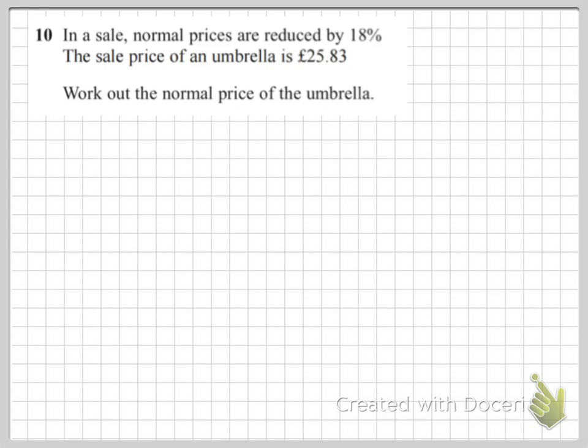Reverse percentages question. The most intuitive way I can think of to do these is to go to create a discount of 18%, you take a normal price and you multiply it by 0.82, because reducing by 18% is equivalent to finding 82% of that original value. And when we do that, we know that we get £25.83 from the question. So looking at that equation, pretty straightforward to spot that we need to divide both sides of the equation by 0.82